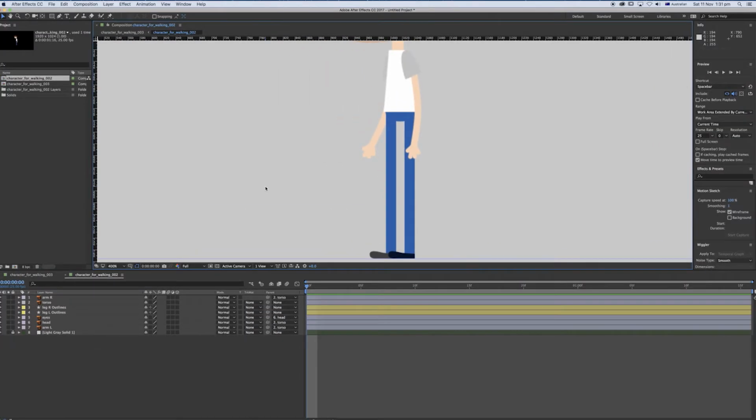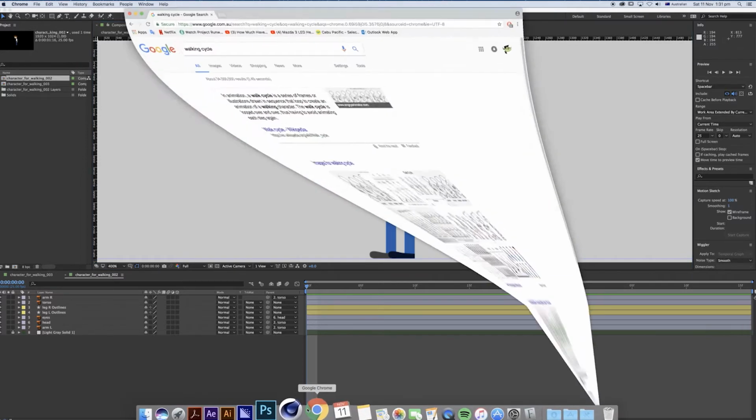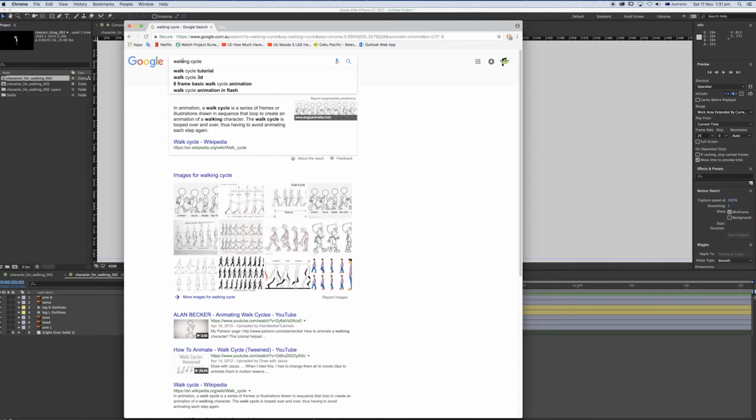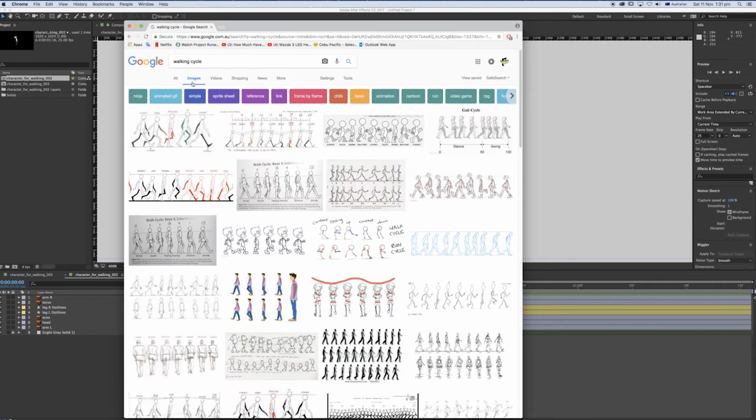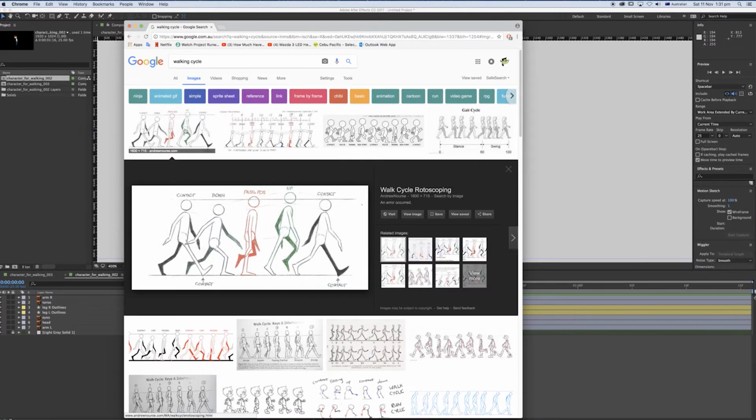I use reference pictures for walking cycle. So if you type walking cycle into Google, go to images and basically grab the first one, click on that, and you can save the pictures. Oh, I have already done that, so